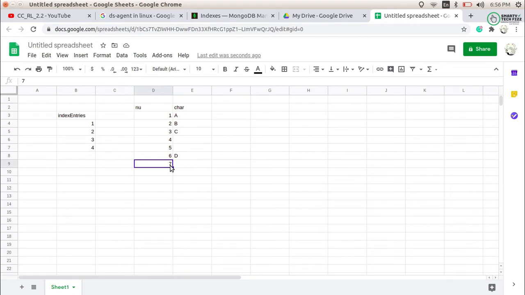And if we do not create a sparse index, it will even create entries for these 3 documents too. Let's say it will create the entries with 5. I'm just sharing an example, just bear with it. Here we have only 4 entries for the index, and here we have 1 2 3 4 5 6 7 entries for the index. So obviously it will increase in size, while with a sparse index we have a smaller size of index entries. In that way the sparse index will help us.